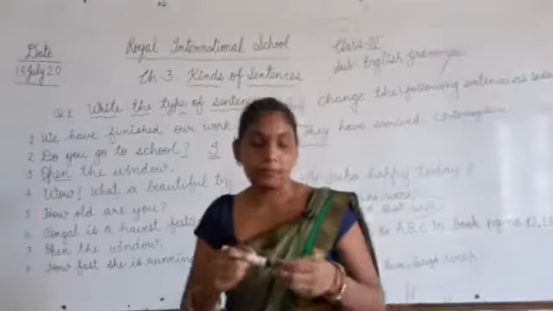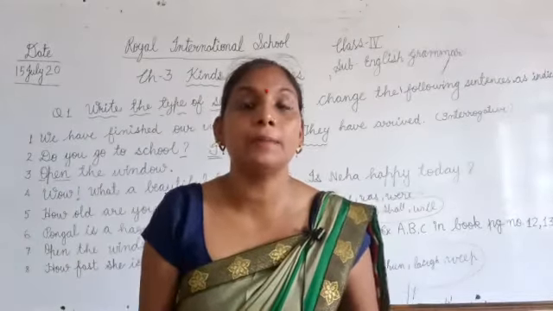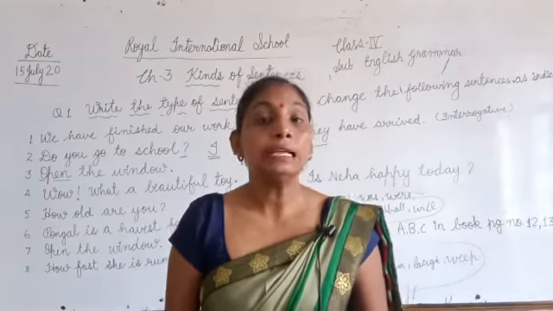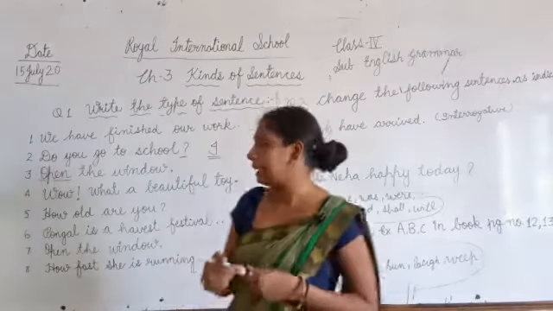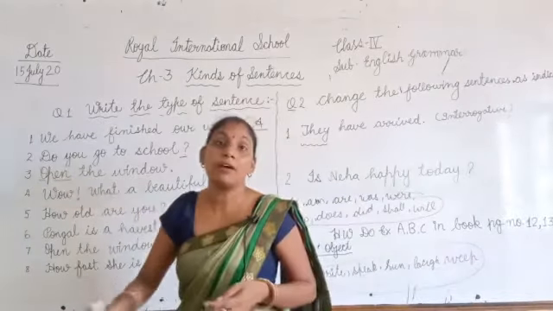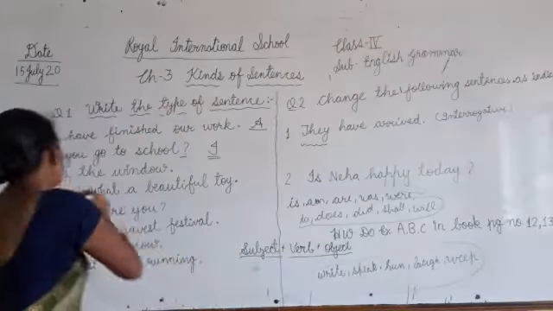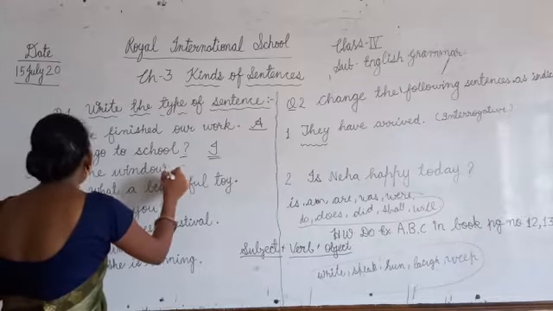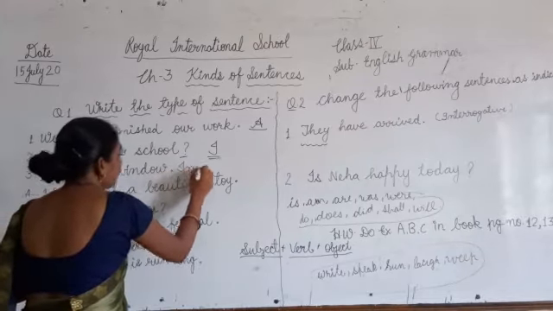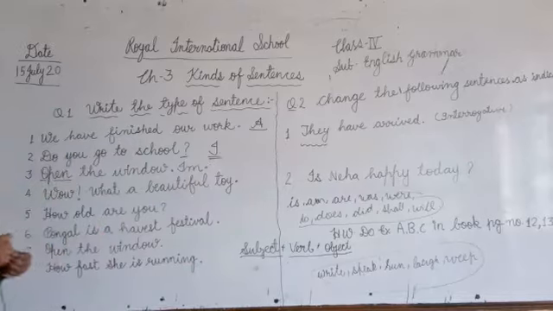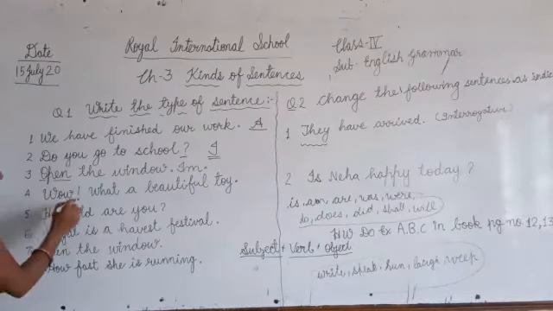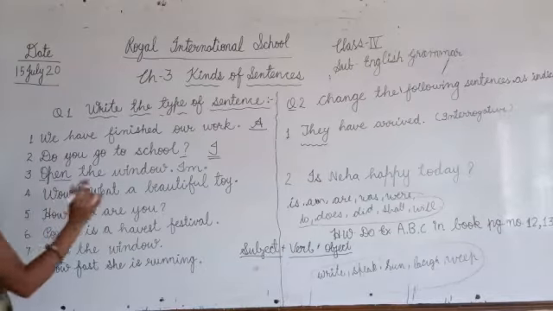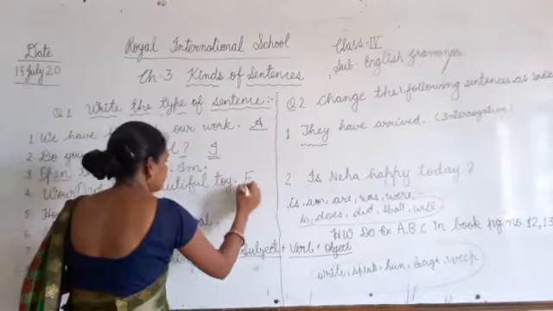So listen, when your teacher says stand up, take out your notebook, sit down, do your work, in these sentences we find that the sentence starts with a main verb. Is that clear? So when the sentence starts with a main verb, we call it an imperative sentence. What do we call it? Imperative. Is that clear? Okay. If we find an exclamatory sign in any sentence, the sentence is exclamatory.